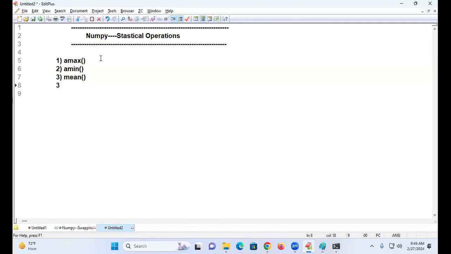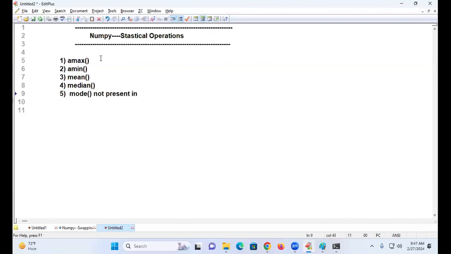The fourth one is called median. Median package. What is the meaning of median? I will tell you. Next, the fifth one is called what? Mode. Who said mode? Raise your hands. Just correct. Mode is not there in NumPy. Mode is there, I will tell you that operation, but the mode function is not present in